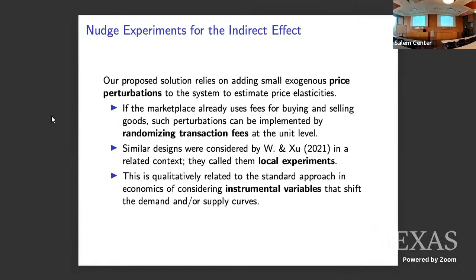It might look weird, but it should be familiar from the econ literature. Typically, you estimate elasticities using instrumental variables that shift the supply and demand curves. So you could think of this price perturbation as a manually created instrument. Something we don't do in this paper, but would be interesting for the future, is to do this in an observational study setting where you have to rely on typical instruments.